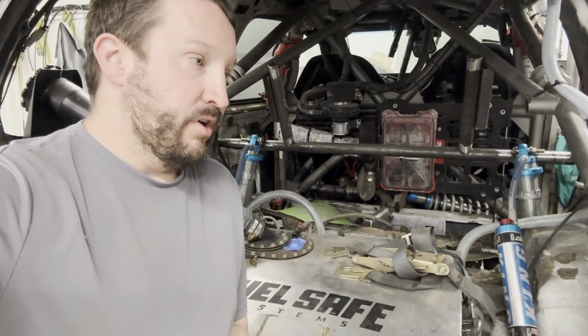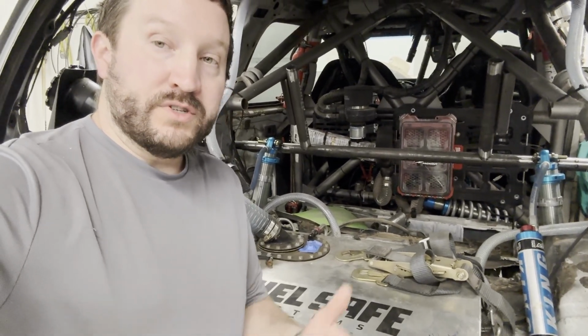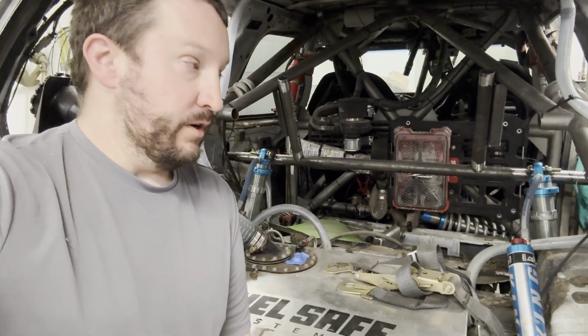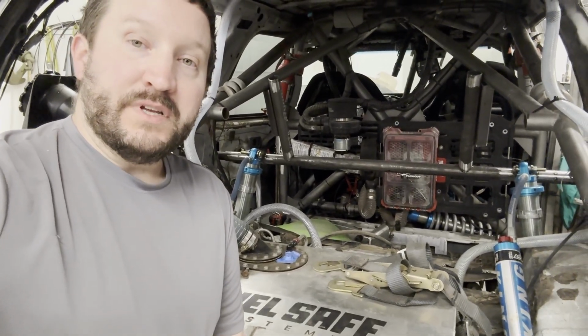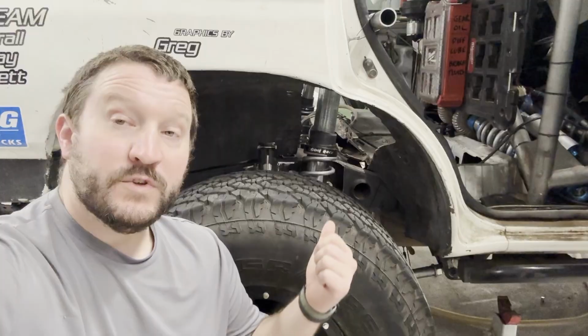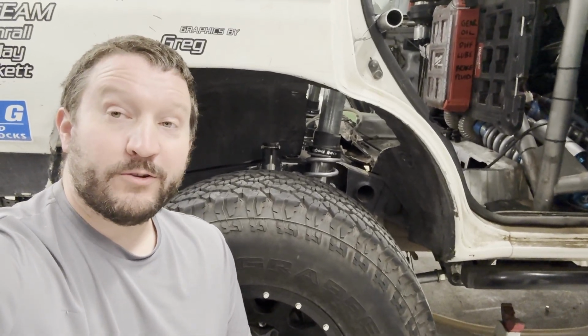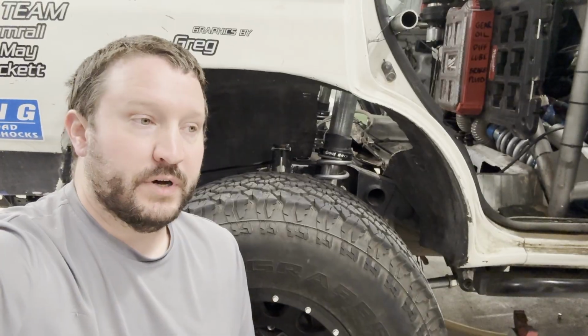I need to have all of that area reinforced and the coilovers outrigged on the truck. So the coilovers are now in a new spot and give me access to do a couple more things. You can see the coilover right here. It's sticking through the fender well. It's going to be a dual rate coilover setup, the same kind that I had in my truck, but since